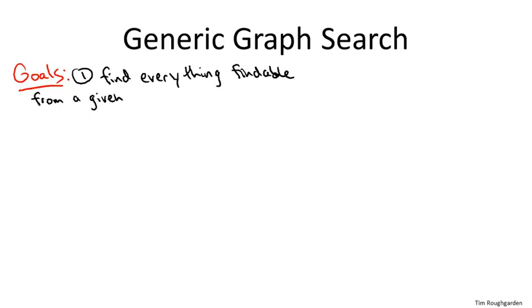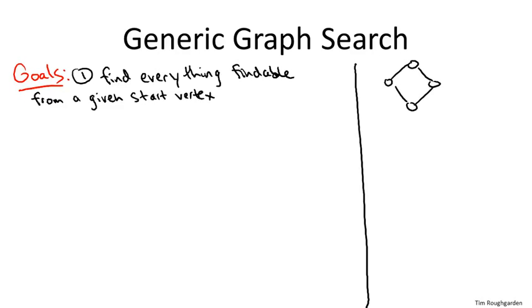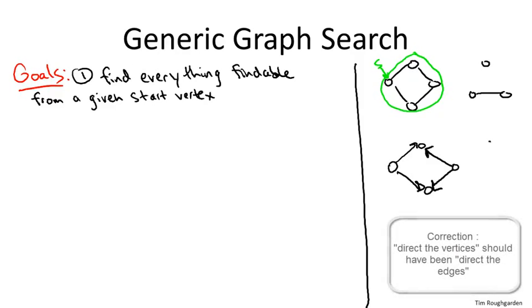So for example, if you're given an undirected graph that has 3 different pieces, like this one I'm drawing on the right, and perhaps S is this leftmost node here, then the findable vertices starting from S, i.e. the ones which you can reach by a path from S, are clearly precisely these 4 vertices. So you would want graph search to automatically and efficiently discover these 4 vertices if you started at S. You could also think about a directed version of the exact same graph, where I'm going to direct the edges like so.